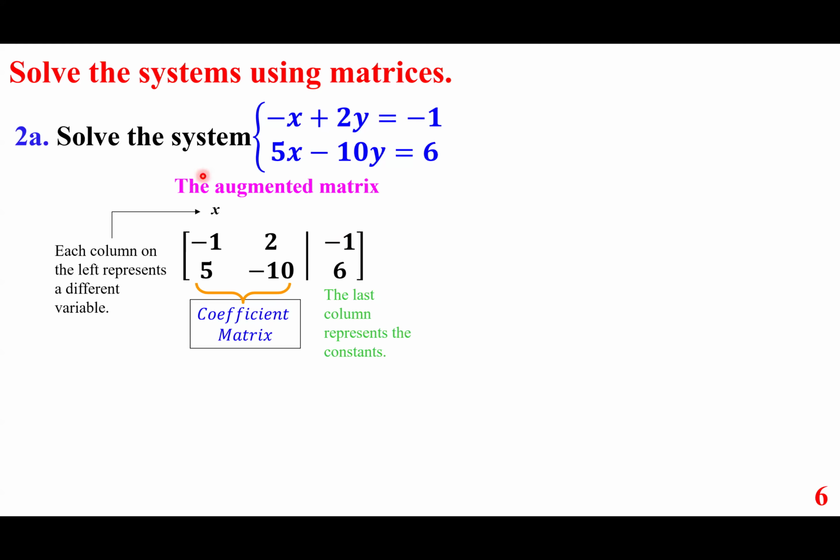And above here, this is the X column, this is the Y column. So you want to be careful. If something is missing, for example, there is no X, you have to put 0 there. And this stands for an equal sign. Okay. So now the idea is this. First and foremost, as far as the methodology is concerned, we want to make